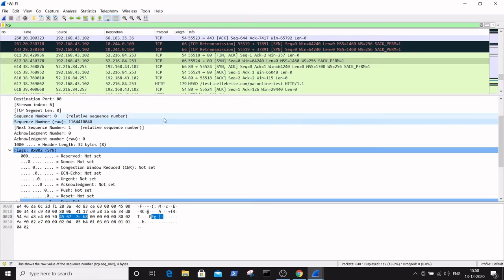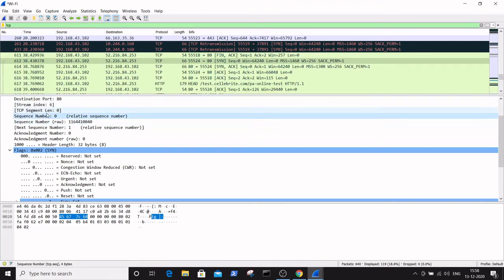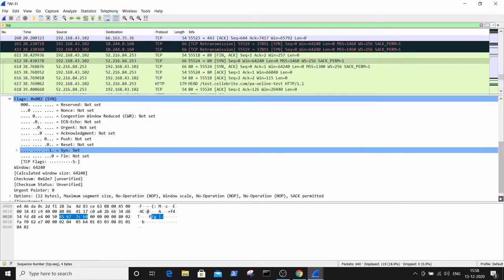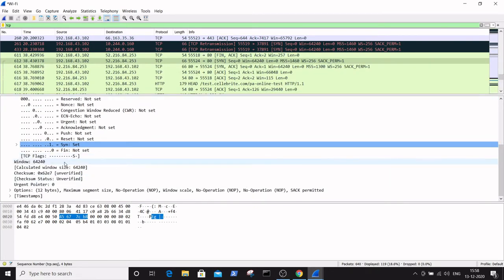As we selected the flag, it shows that only the SYN flag is set, and the relative sequence number is 0. The window size is also given, that is 64240. It is 2 bytes of the total TCP header.